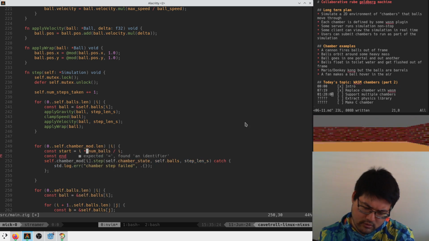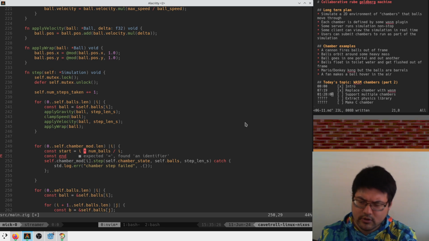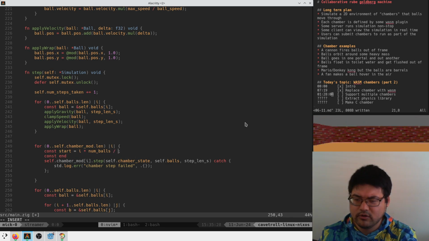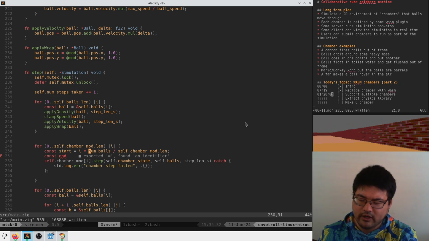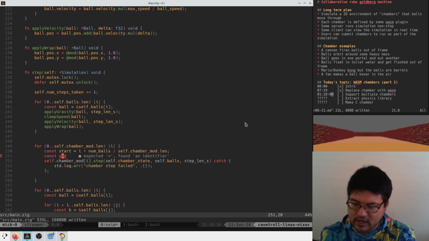No. So this is over self chamber mod len. There we go. So this is going to be like 10 balls over 2 chambers times I,